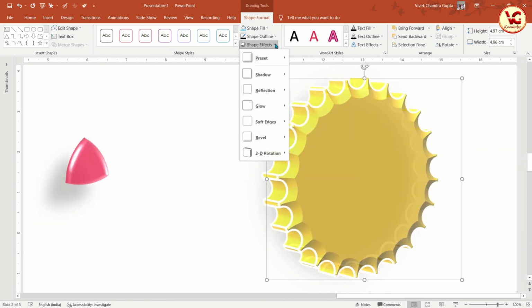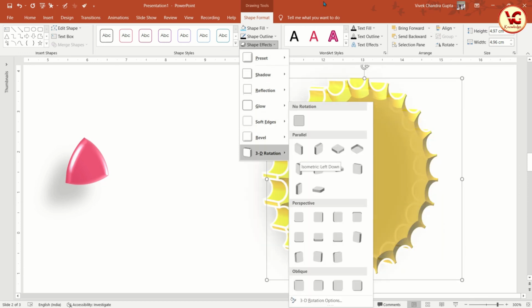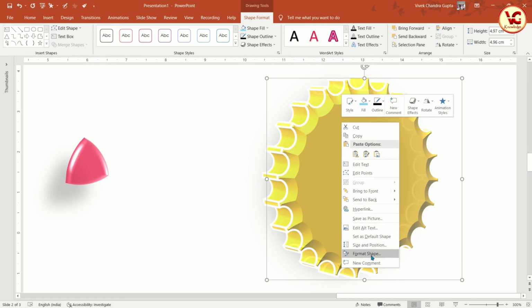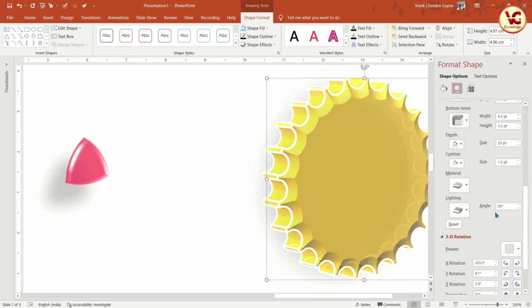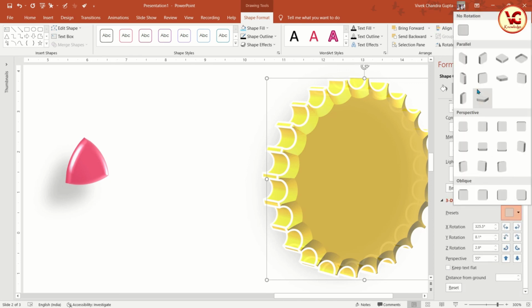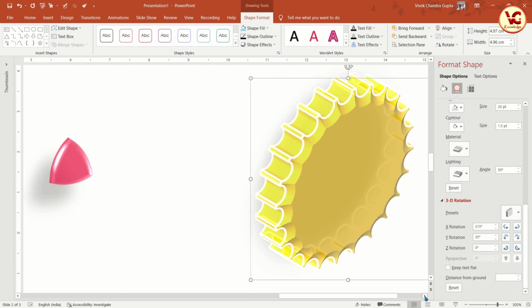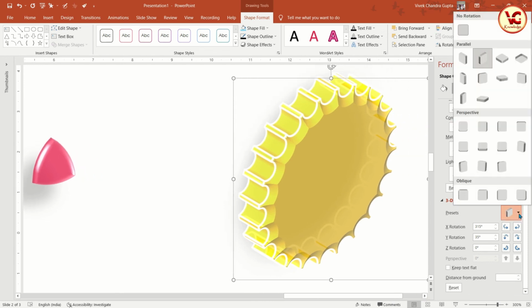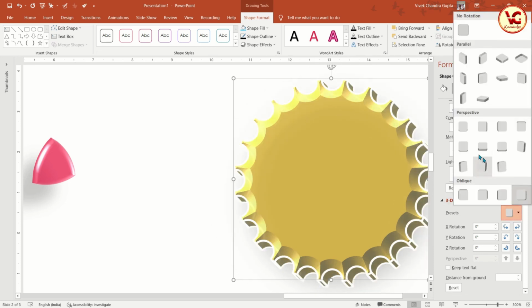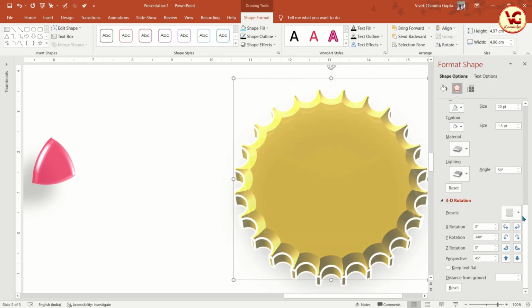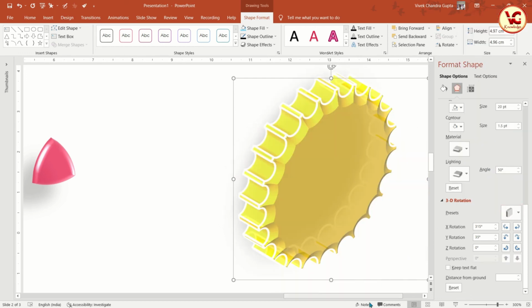Similarly, we can see the different options here. Or let me show this from here. So we can set that 3D rotation as per our requirement, right?